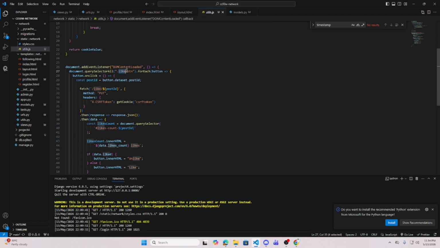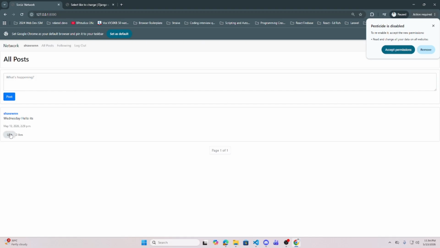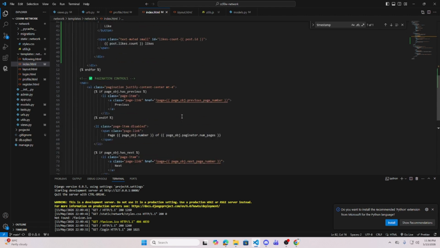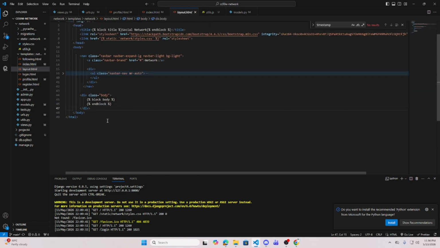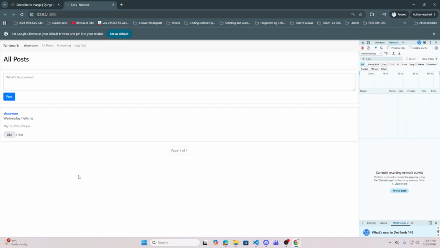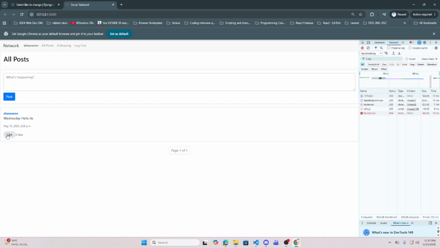So what's going to happen is, does this like button execute, yes or no? So this does not execute. Let's check why. Since we are calling this in index.html, in our layout just before our body tag, we're gonna reference our static network utils.js. So let's try executing this, and if this works, meaning now it's working. Our JavaScript refactor is successfully done.